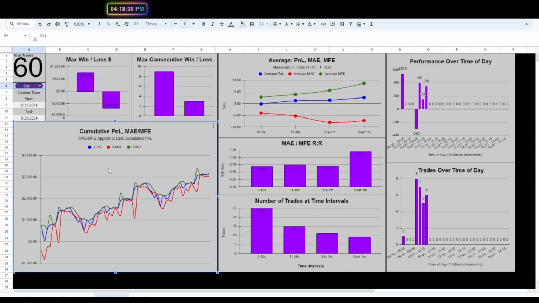This chart I think is really cool. I think this is my favorite one. It's your cumulative P&L, which is the blue line. And then it has your MAE and MFE applied to your previous price. So my first trade was this one, and then you can see the MFE that you experienced within that trade and the MAE that you experienced. So this first trade,